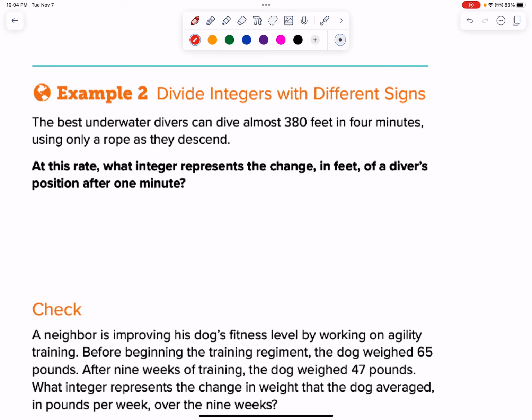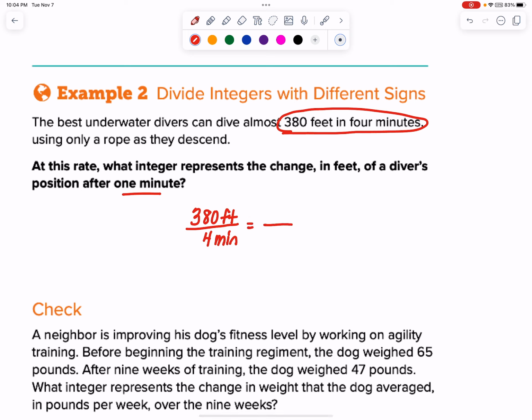Okay. So since we're asking what it is for 1 minute and we're given this ratio right here, we know that that just means I can find the unit rate. Okay, so let's go ahead and set it up. So 380 feet per 4 minutes. And you can see our fraction here, our ratio, is the same thing as division. Okay, and we want to know, well, what is it for 1 minute? Okay, so how do we find unit rates? Remember from before, we just divide the numerator by the denominator. Okay, and so